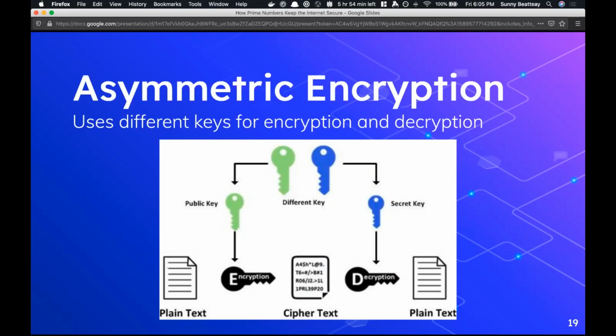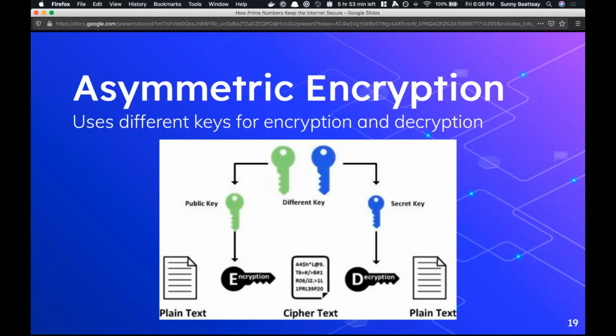The public key is called public because that is the key you share with everybody. It is totally safe to share your public key with the entire world, even with hackers. The secret key, on the other hand, is what you want to keep safe. If you have a public and private key, you're safe to share the public key, but you want to keep the secret key secret so only you know it.